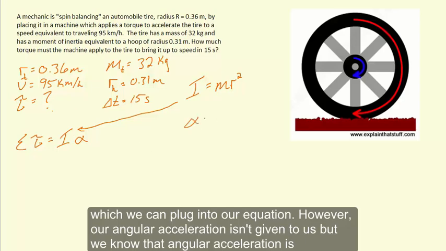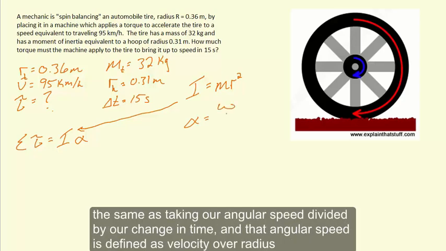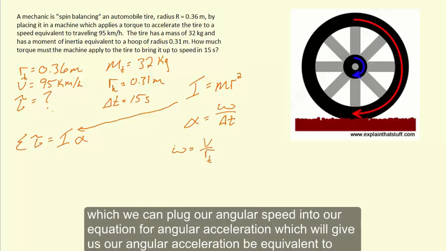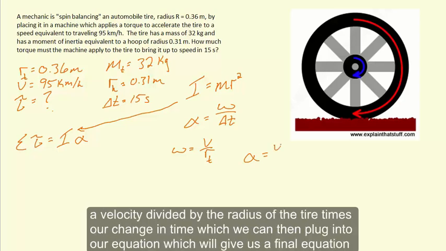But we know that angular acceleration is the same as taking our angular speed divided by our change in time, and that angular speed is defined as velocity over radius. So our angular acceleration is equivalent to the velocity divided by the radius of the tire